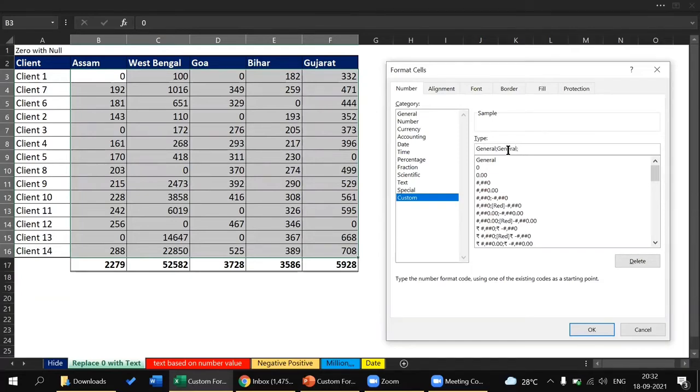And here we are applying to zero, that's why we will apply formatting in the third general. Now if you want to highlight this zero as blue or red, just type red in the bracket. And if you want to display this zero with any text value, that is NA, null or nil, you can also do it by just simply typing null under the inverted commas and hit the OK button.